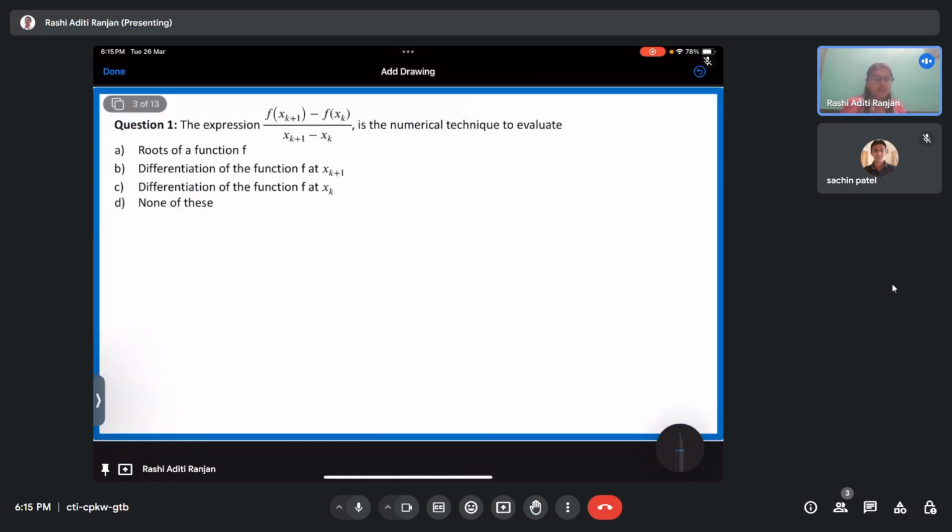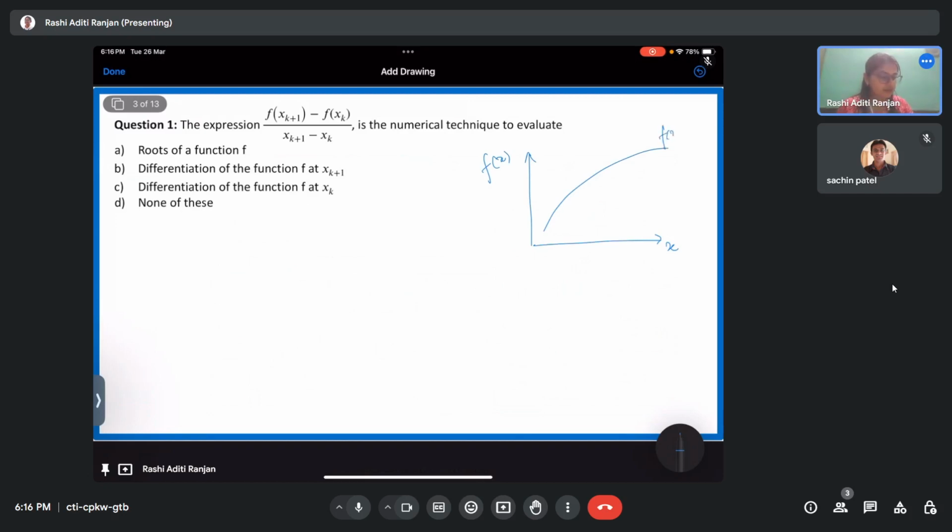The first question says that the expression which is given is the numerical technique to evaluate something. Now see, if you try to visualize this, what do we do when we are deriving a numerical technique? We have a geometrical background. We want to know how the geometry of the system is behaving, and from that we derive the numerical technique. If I want to visualize this equation, what is it actually saying? First I'll plot. This is my f of x, this is my x,